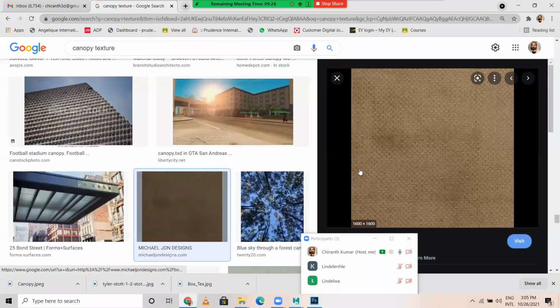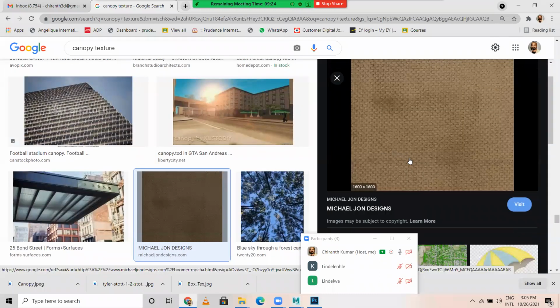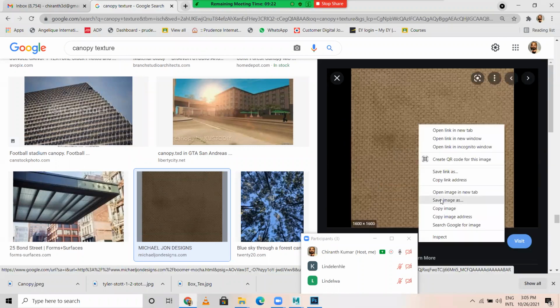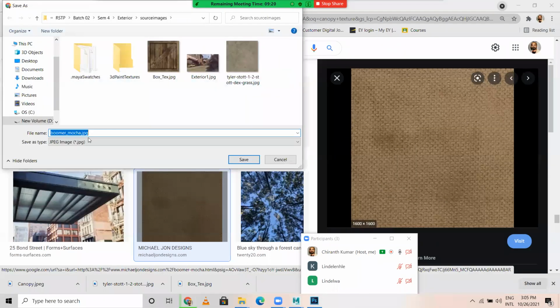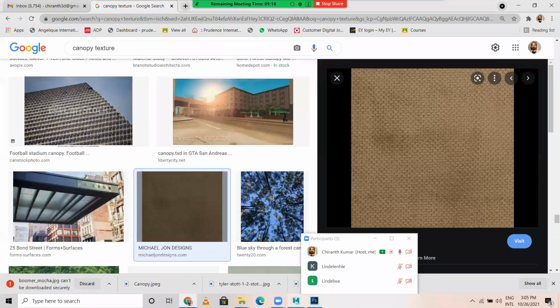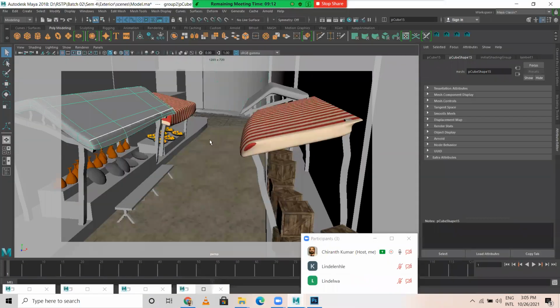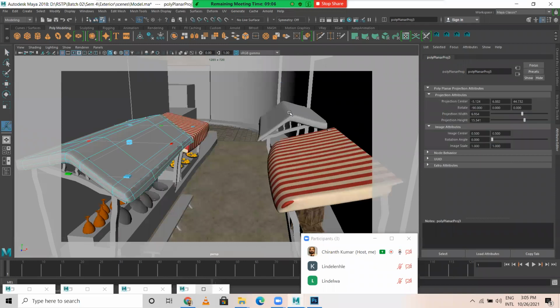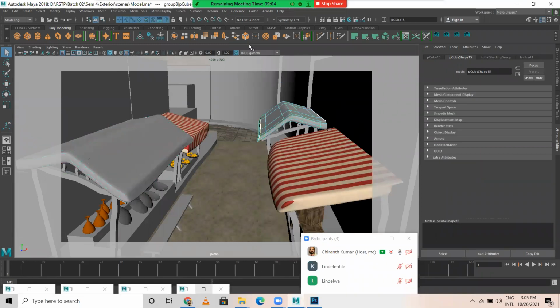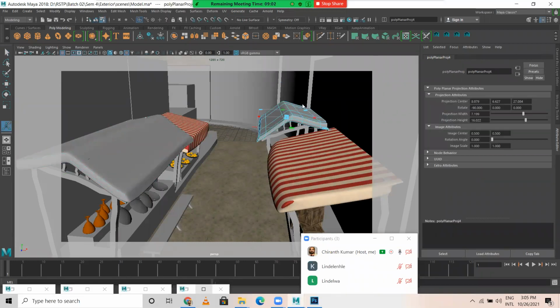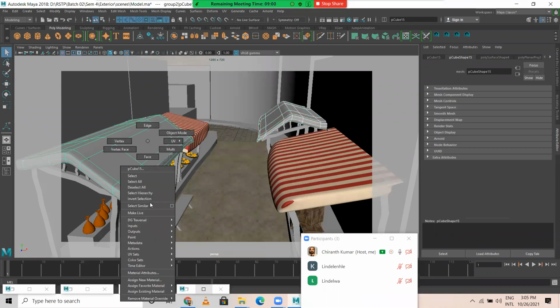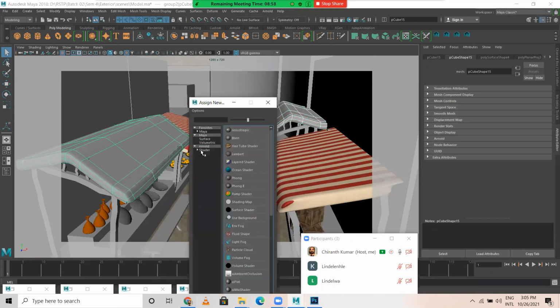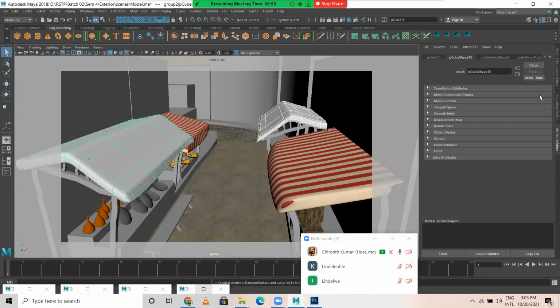Okay, something like this. So what I do is right click, save image, canopy to Boomer Mocha. It's okay, let this same name be there. I select this. For this, I'll give planar y-axis. For this also, I give planar y-axis. For both, right click, assign new material, go to Arnold shader, AI standard surface,